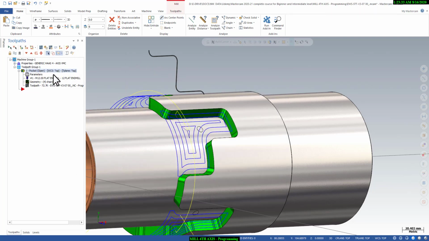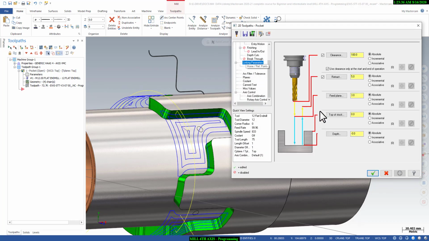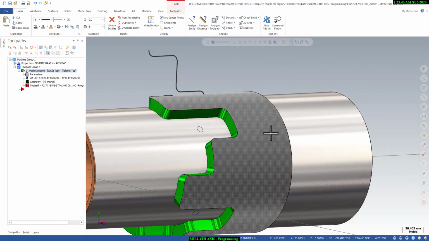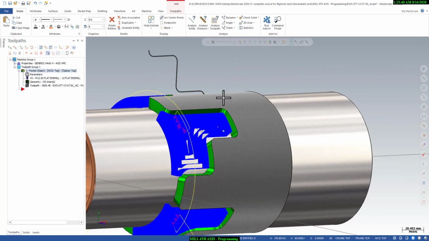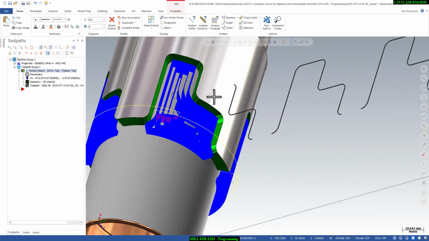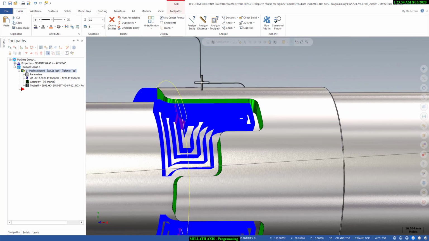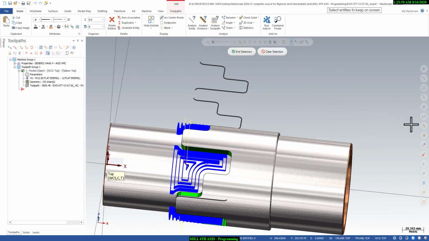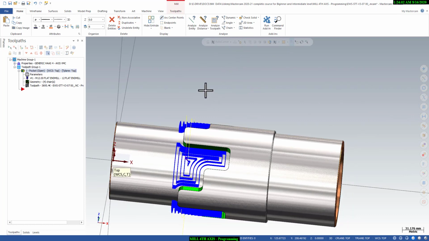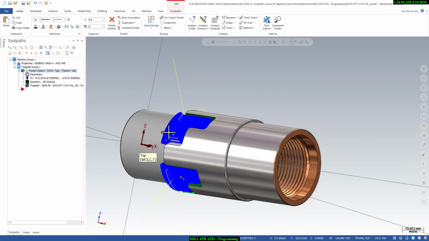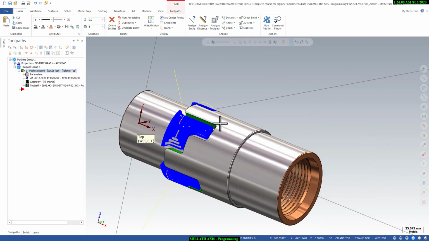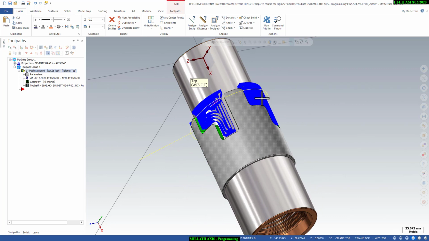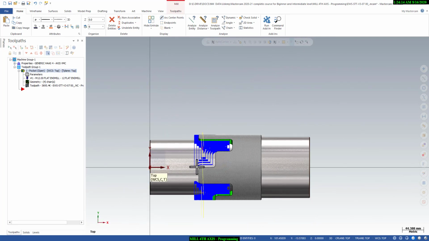So we will go to the parameter page, and here we will give minus 10.25 and then say okay, and then regenerate it again. So you can see this is the complete roughing toolpath for this fourth axis pocket, and it is totally a compact toolpath. As you can see, there is no retraction and all. There is a simple entry, and it will machine all the pocket, and it will go to the next pocket and then the next pocket. Like this, it will rough the complete pocket in one program.